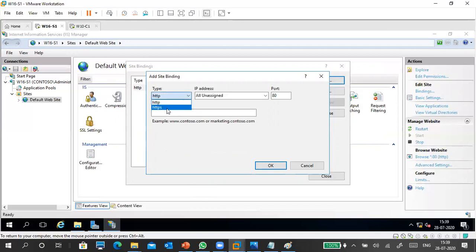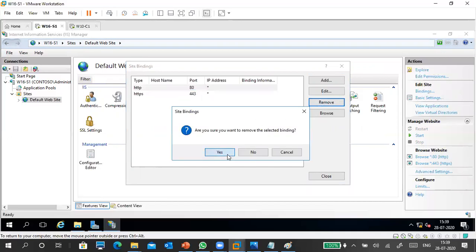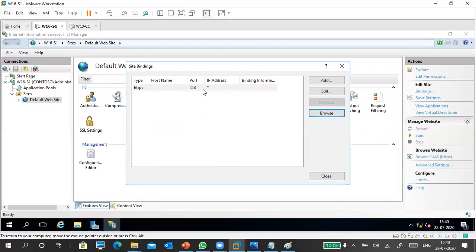When it is HTTP, you may not see anything extra, right? With HTTPS it shows the SSL certificate. Select your SSL certificate, which I already created. No need to change anything, just HTTP to HTTPS, then the SSL certificate name. Click OK. Now two bindings are there, HTTPS and HTTP. So I'm going to HTTP and removing it. Only one single binding is always better. HTTPS, port number 443.